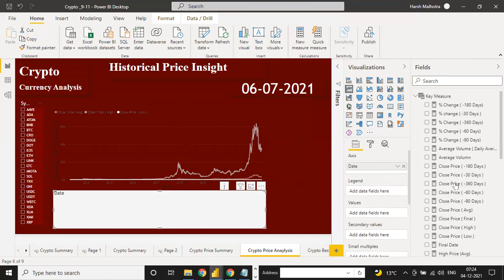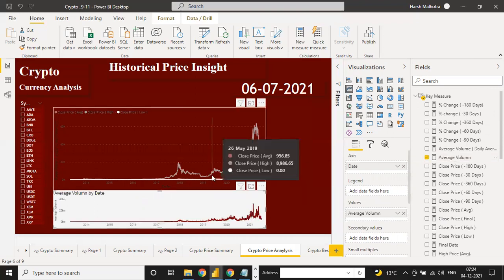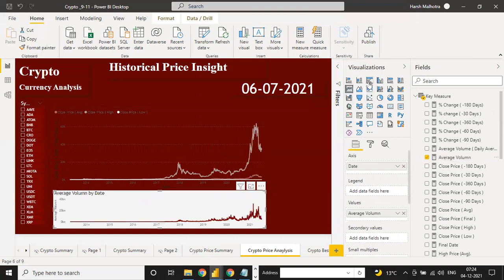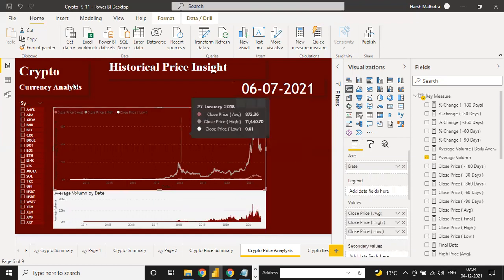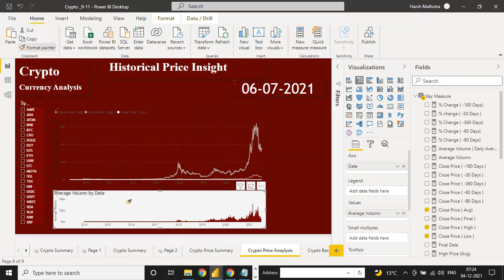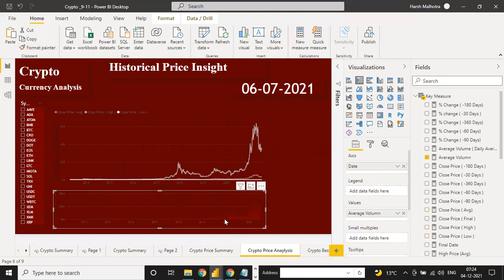And here you can put your average volume. Same way. Okay. And instead of this line chart, you can put this into another chart, the stack column chart. It should be great. Okay. And now click this table chart format and just format into here. And now see the format is changed for this data.